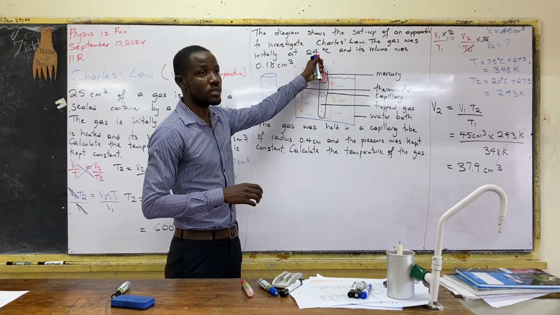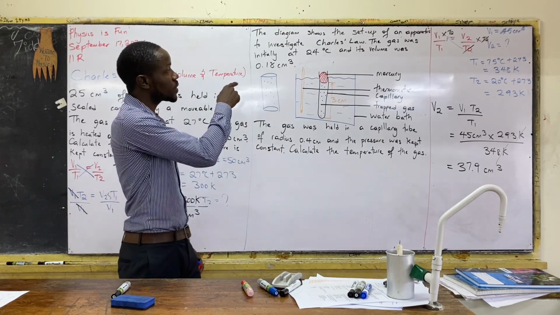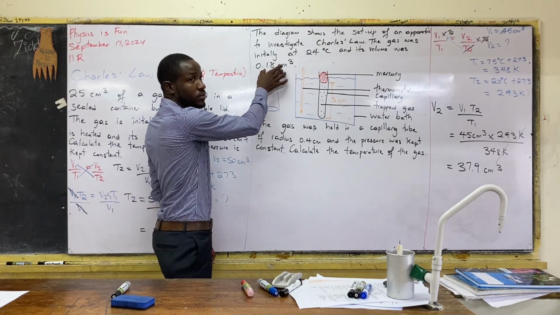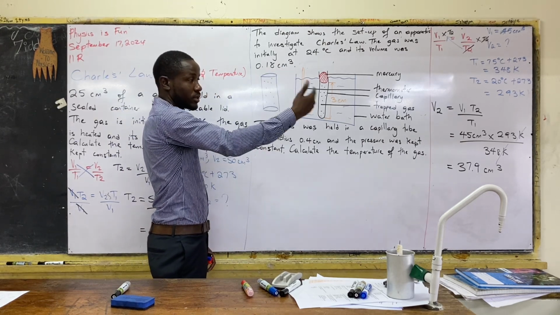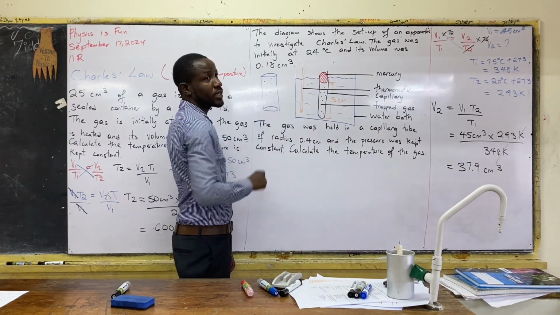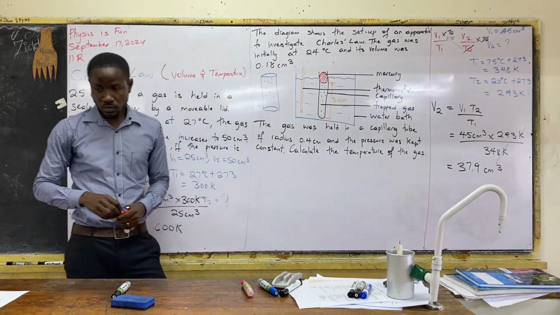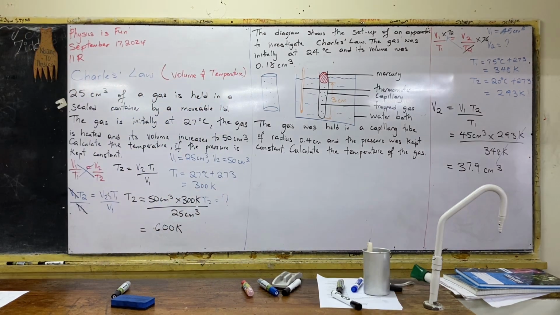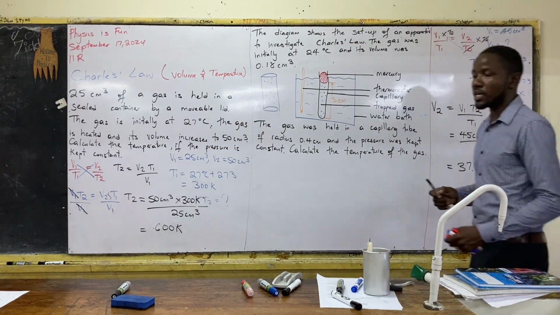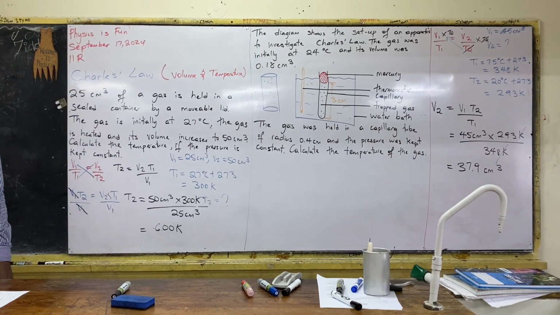This is the initial temperature, right? So the temperature before the start of the experiment was 24, and this was the volume, right? And then after the experiment, we have this scenario, and we want to find the temperature. Okay? For the others who haven't marked your book, we're going to just hold off on